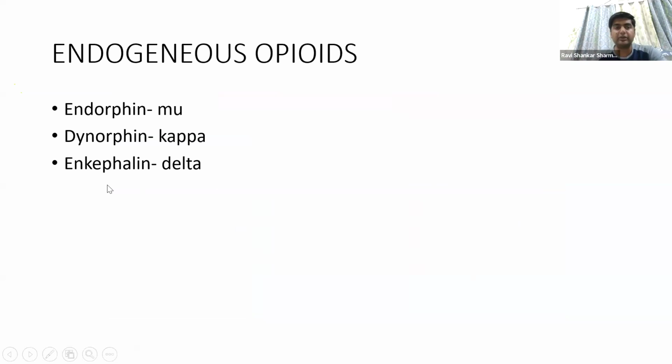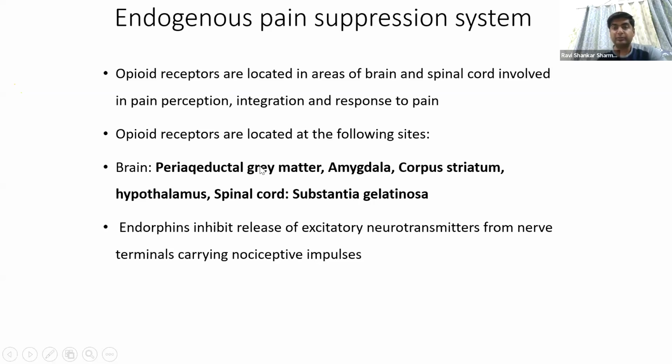So endogenous opioids are endorphin acting on the mu receptor, dynorphin acting on the kappa receptor, and enkephalin acting on delta receptors. Okay, endogenous opioid, what does it do? These are actually activating the pain suppression system. So the happy hormone, that is endogenous opioids. Especially I told you all those areas of the brain where they are particularly residing and helping to fight